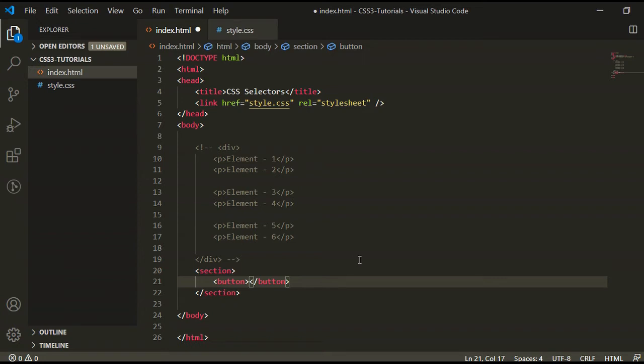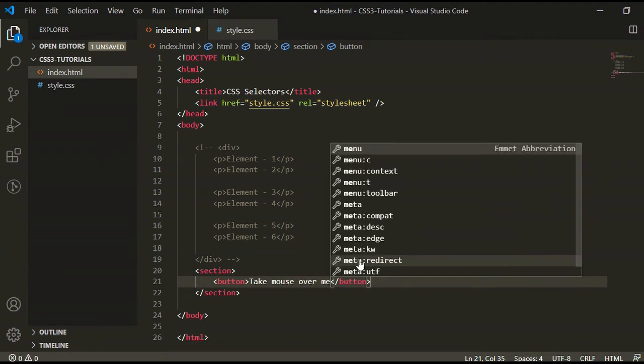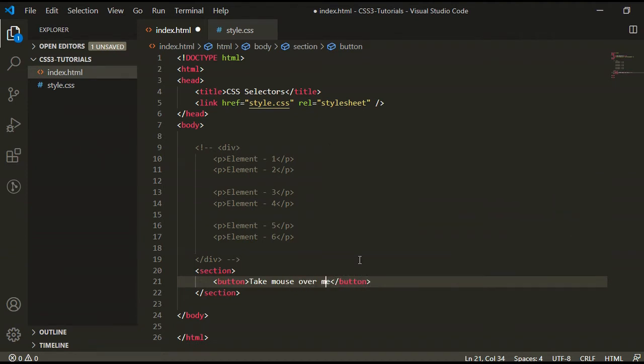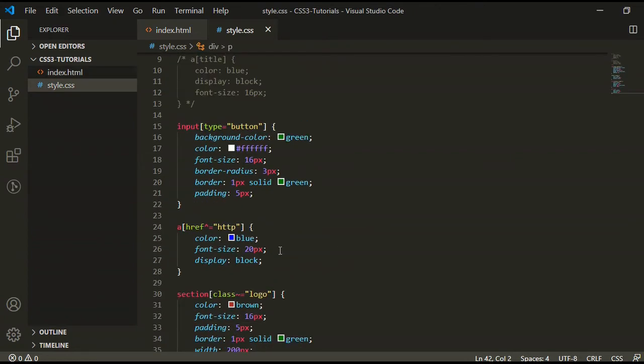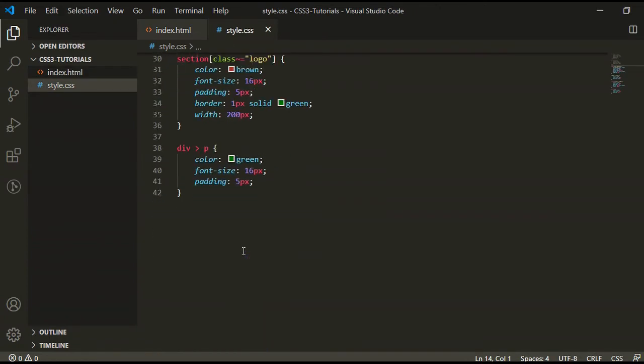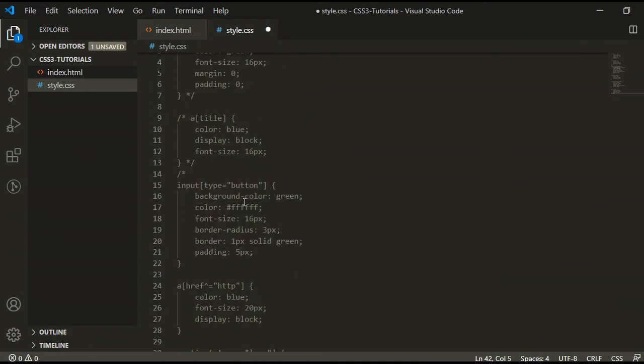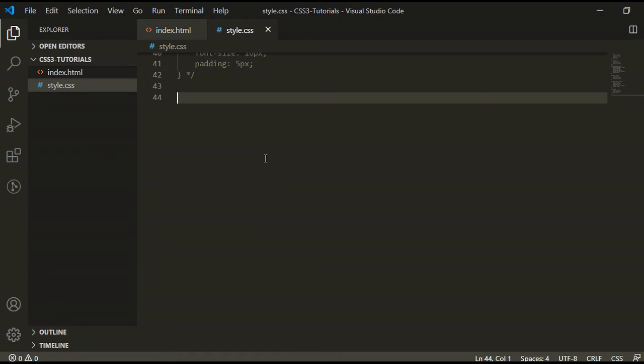Here give some text. So let's write the pseudo class for this button element. Before that, just comment out all the CSS. Write the new CSS rules for this button.